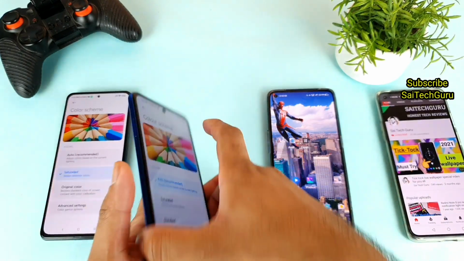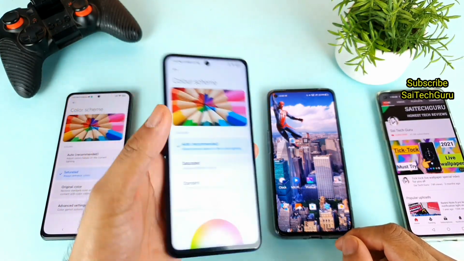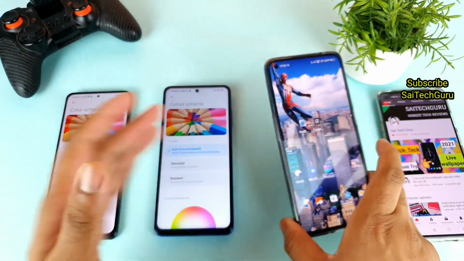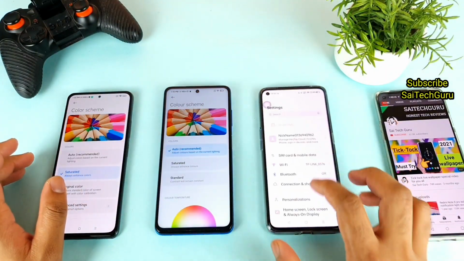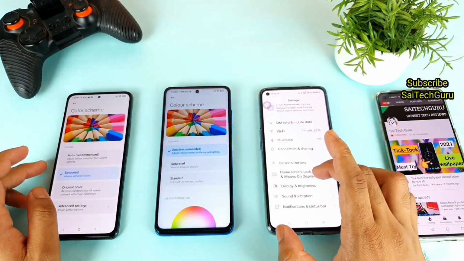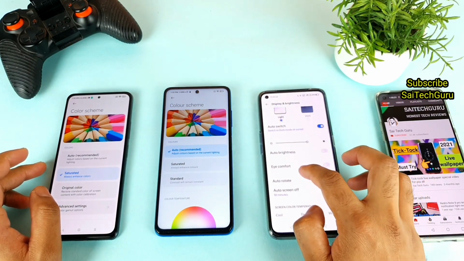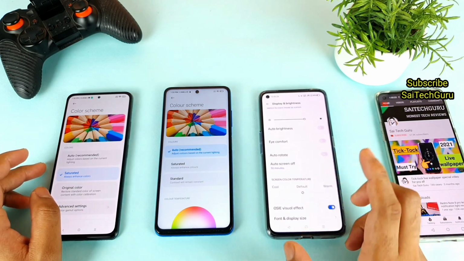And this is the Poco X3 model which I am trying to use, as you can see, friends, and it is the Realme X7 Pro, which has got Samsung's E3 type of panel. So E4 is present already in the Mi 11X device, so this is an E3 type of panel. So let's see, friends, which phone will be having the better contrast ratio and colors as well.